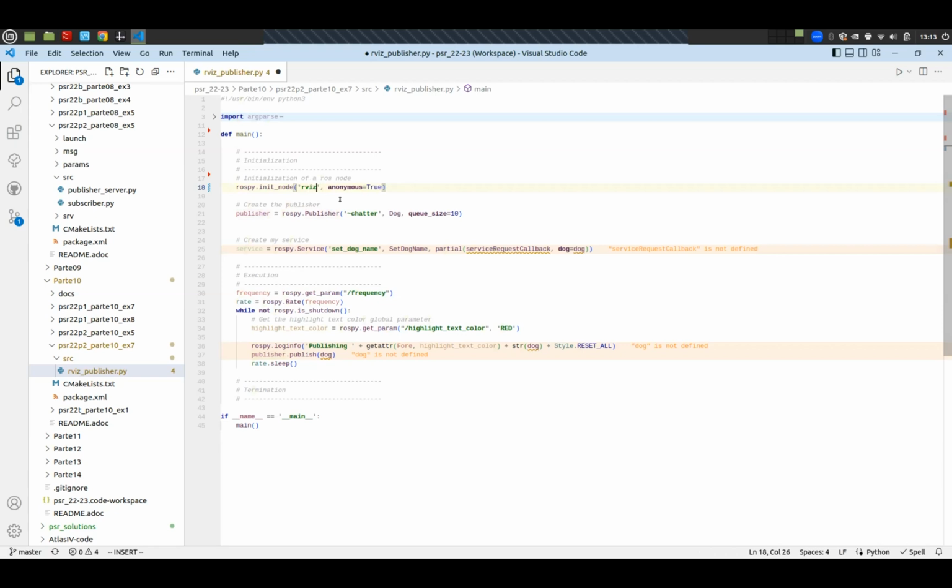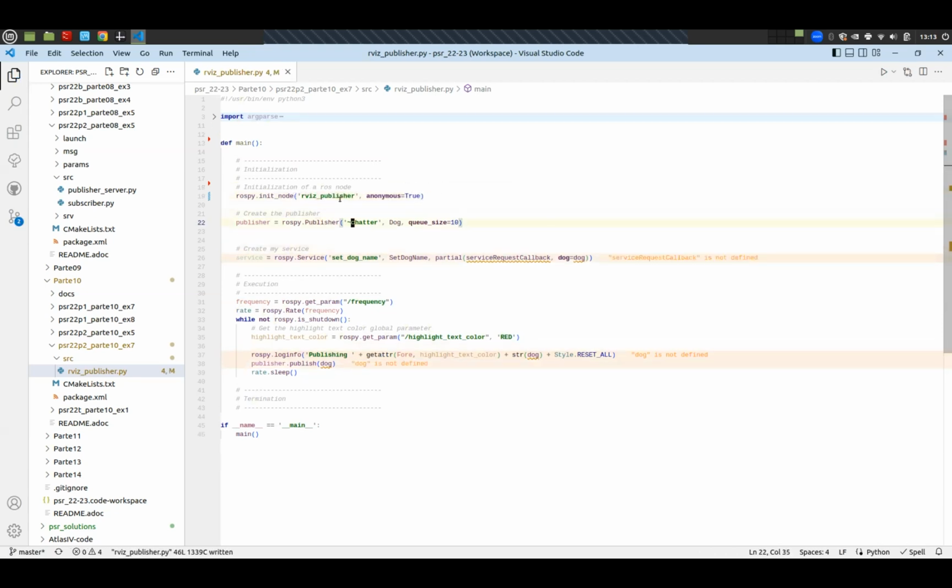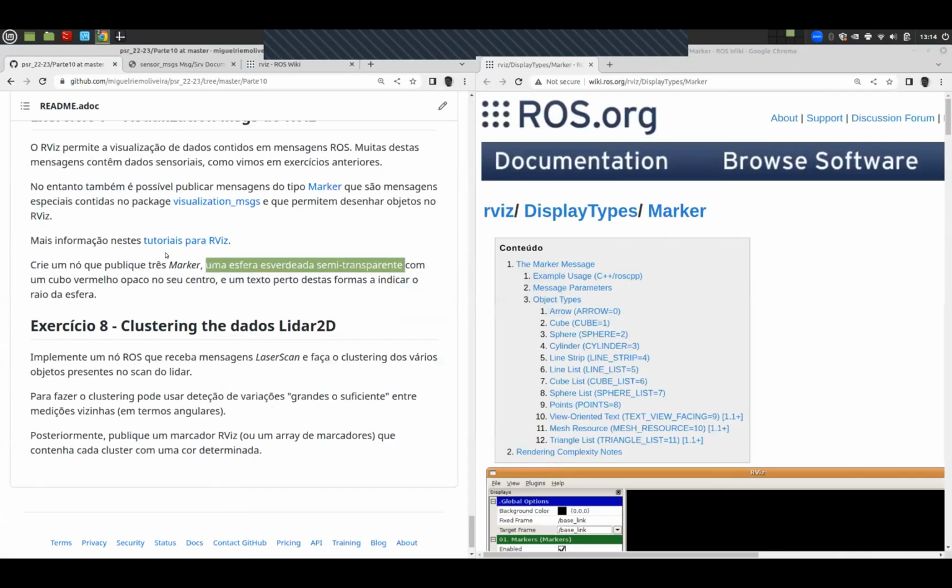This is my RViz publisher, my node name. Then we will publish something which I'm going to call markers, or better still, marker. I'm going to publish a marker. And here we have to define the type of message that we are going to publish. So this type of message, in this case, is a